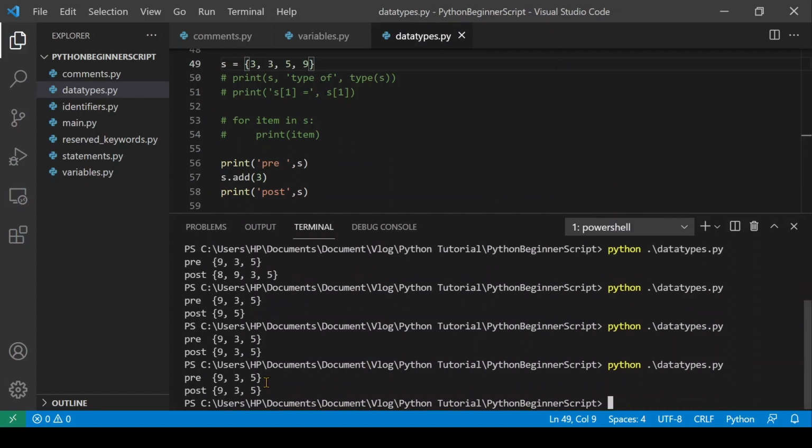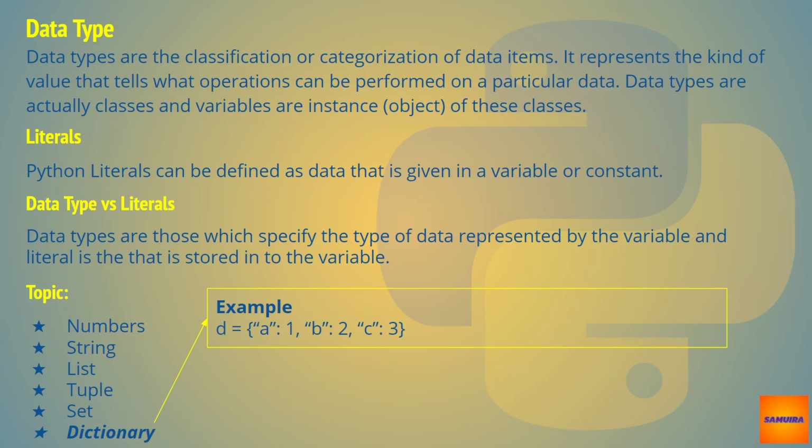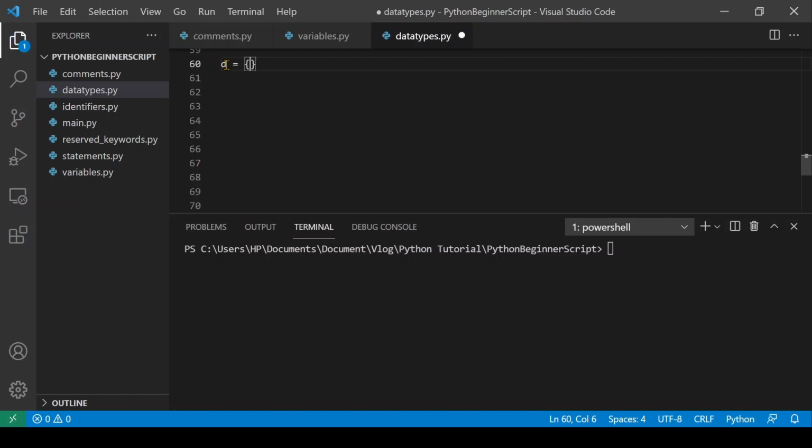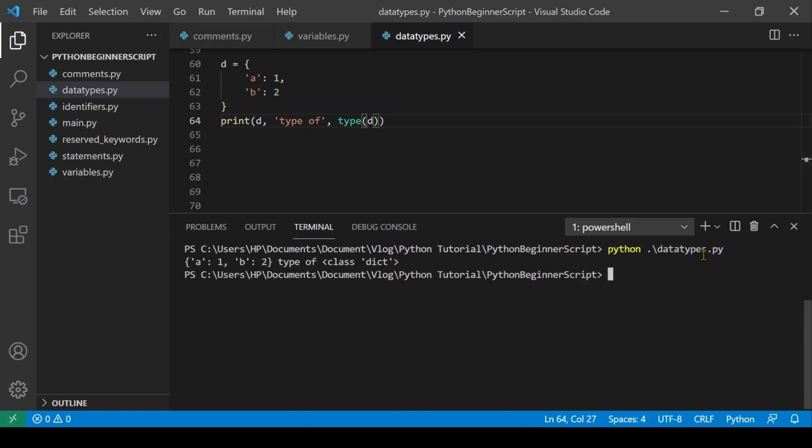Dictionary is a Python data structure which stores data as key value pair. It is mutable. Up to Python 3.6, dictionary is unordered, but Python 3.7 and onward, it is ordered. It can be declared using curly braces or dict keyword. The key in dictionary must be immutable and the value can be any data type. As you can see here, we have created a dictionary D with 2 items and we have associated 1 to A and 2 to B.